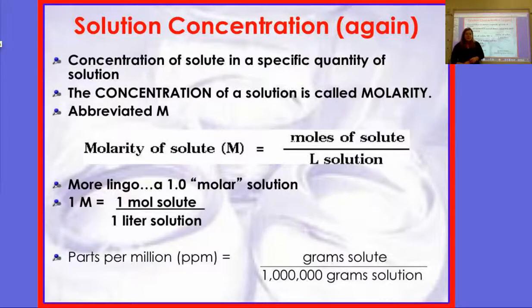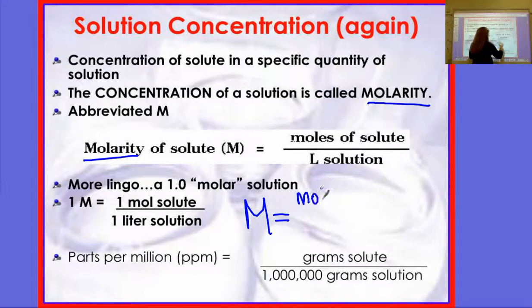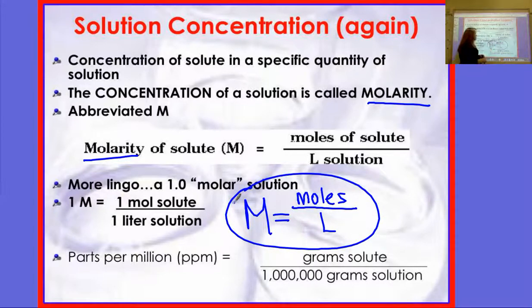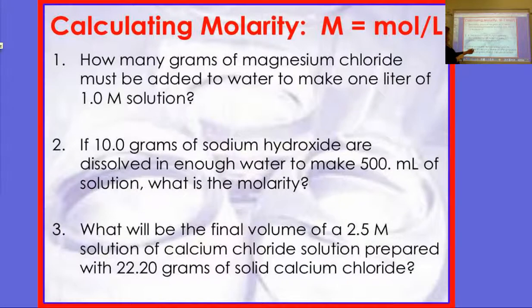Our concentration again. We measure how many moles are in how many liters. So our equation, big M molarity or concentration equals moles of solute over liters of solution. How are we going to use this equation? Let's try some. How many grams of magnesium chloride must be added to water to make 1 liter of 1.0 molar solution? Plugging in the numbers that I know into this equation,